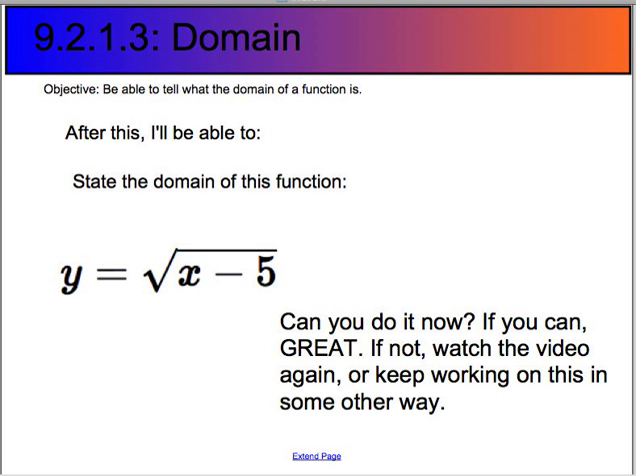Can you state the domain of that function right there? I think I use that as one of my examples. If you can, great. If not, get some extra help, ask a friend, find another YouTube video, find a website, whatever it takes for you to be able to